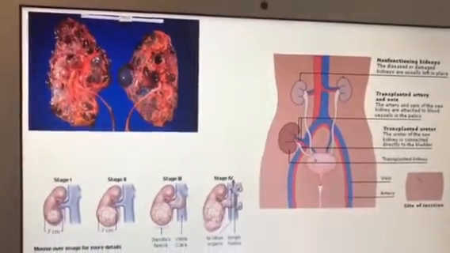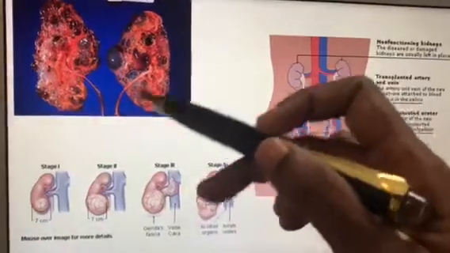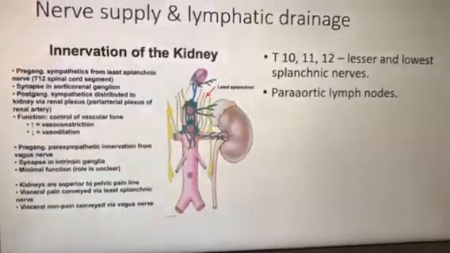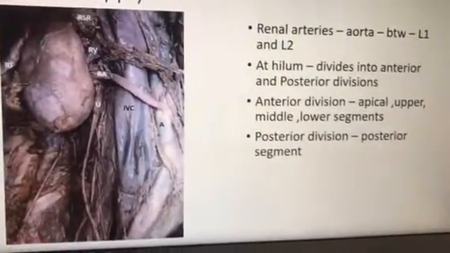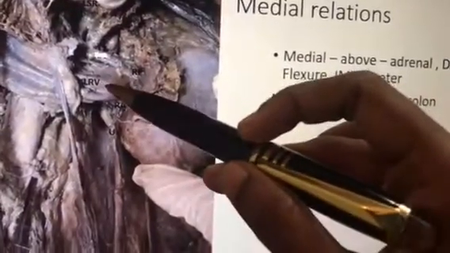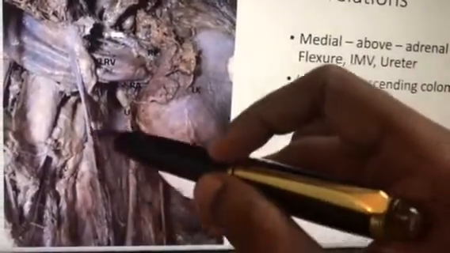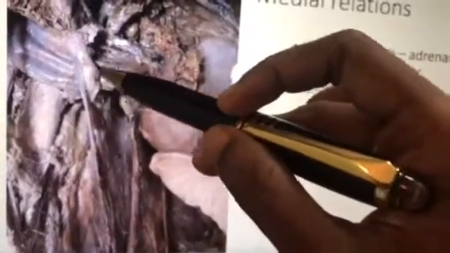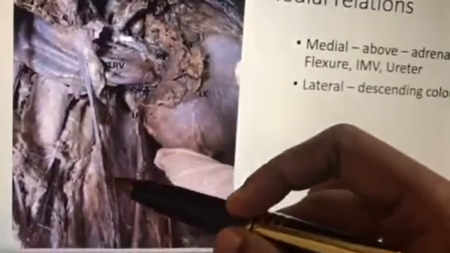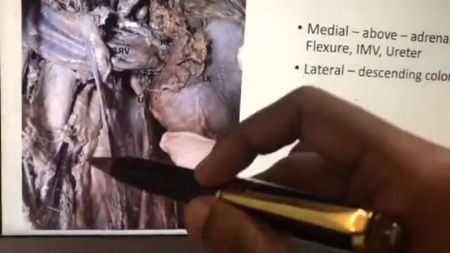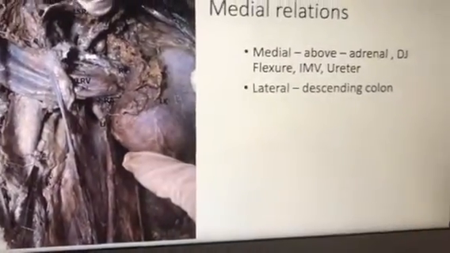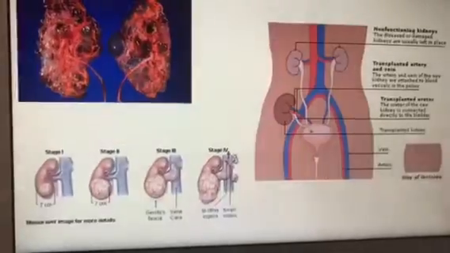And then this is the application. This is polycystic kidney disease, and then renal carcinoma. If there is a renal carcinoma, what will happen? It will compress the left renal vein, usually the left side. If there is a carcinoma here, it will compress the left renal vein. As I said, the left gonadal vein is coming here, so the gonadal vein is not able to drain into this. So what will happen? Backflow of the gonadal vein. So inside the testis, all the venous engorgement will be there. That is your varicocele. That's why left-sided varicocele is common. These are the clinical applications you can write.